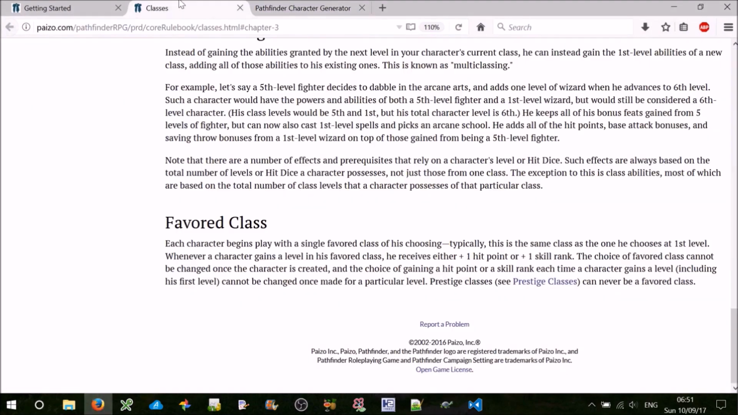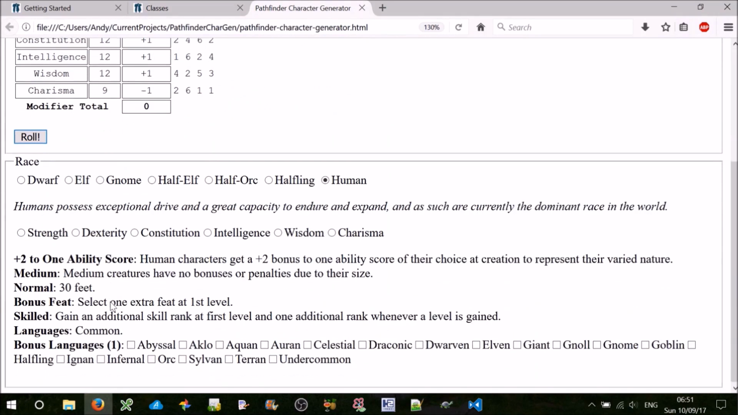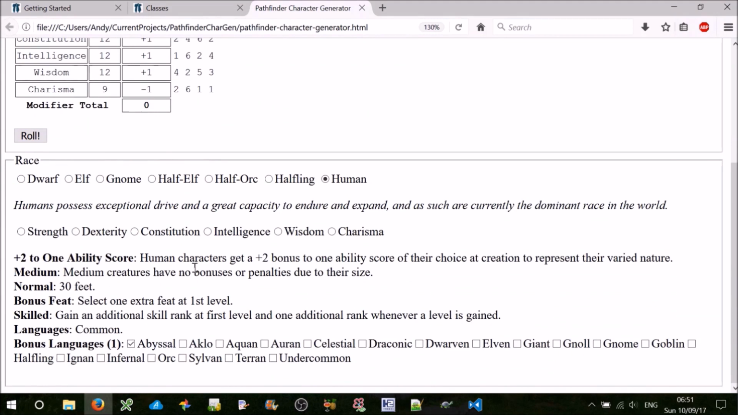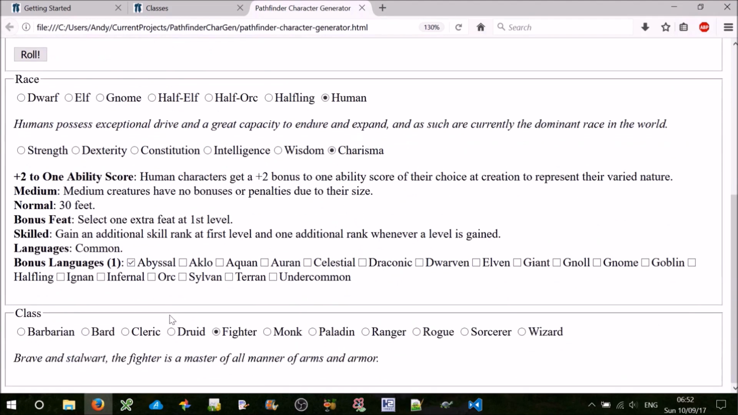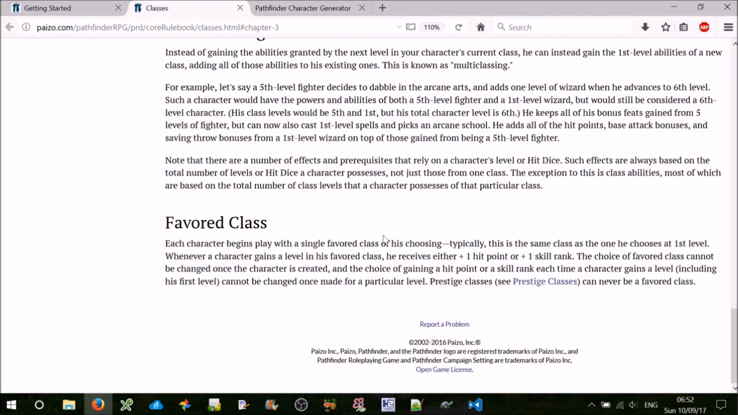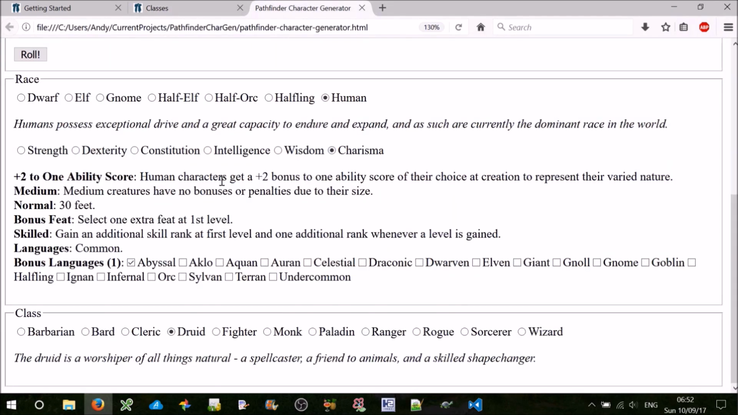Right, with favoured class, what do we want the user to be able to do? Okay, so they've selected their race. They've selected their class. Well, ideally we want to give them the option to select a different favoured class, don't we? Maybe as default we'd set the current class, because they do say that typically this is the same class as the one he chooses at first level. So I wouldn't say silly, but you'd almost be silly to choose a different class unless you had some other plan. So we'll always set the default to the current class,